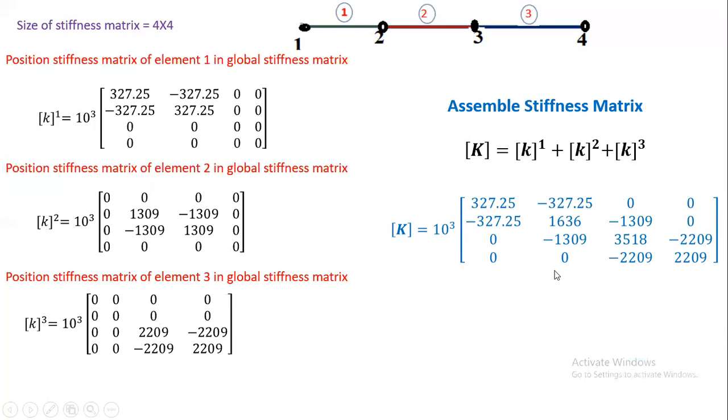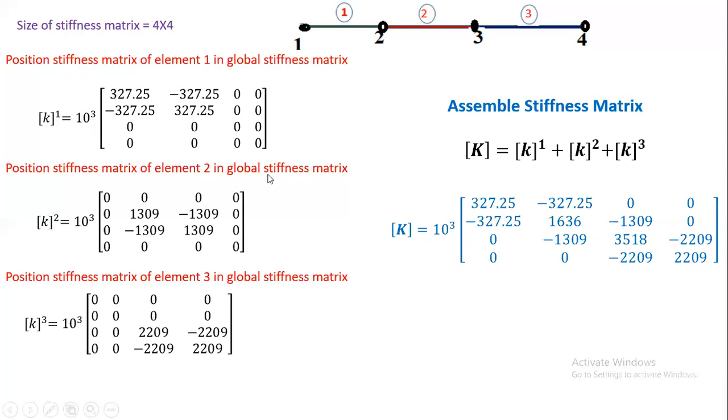Now after calculation of the global stiffness matrix, you check the addition of the columns. You see here, the addition of the columns is 0. If you take the addition of any column, it will be 0. And this is one check for the global stiffness matrix. Again, one more check is you check the diagonal elements. Diagonal elements are all non-zero positive. Okay. If your stiffness matrix is satisfying these properties, then your calculation is correct. Otherwise, it is not correct.